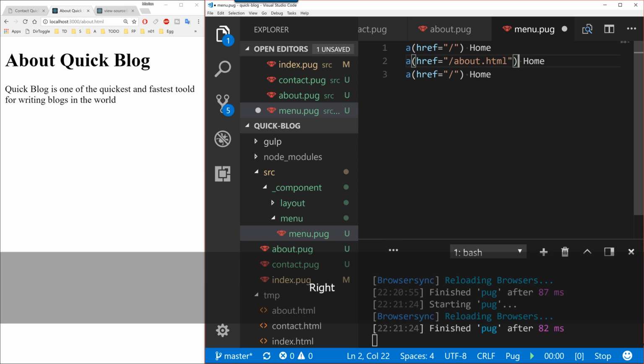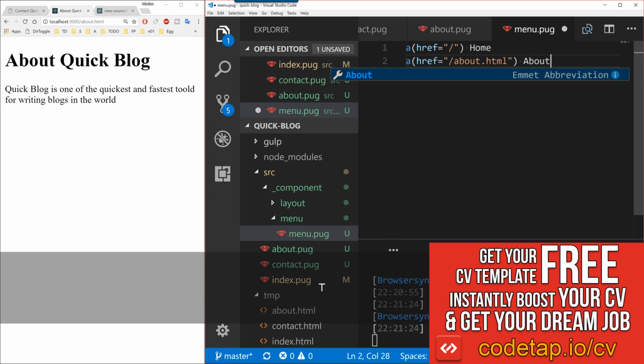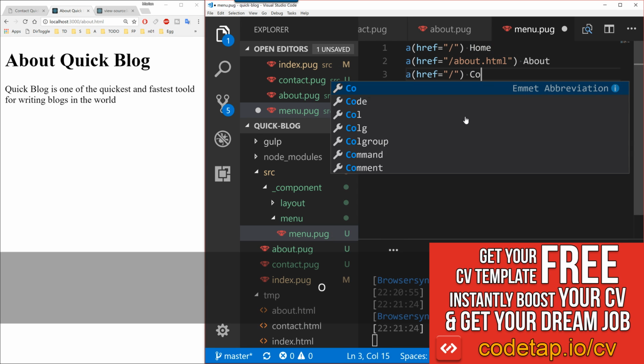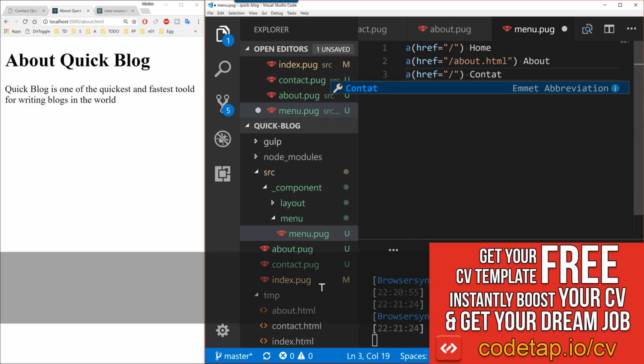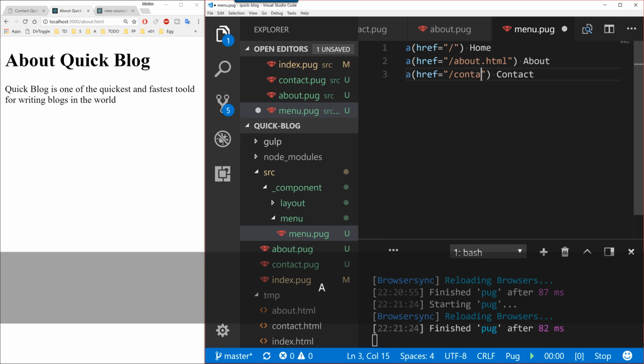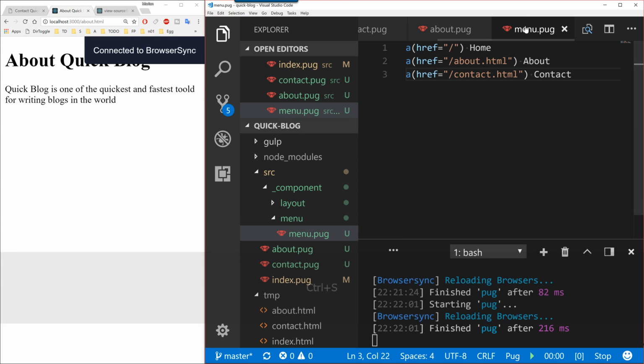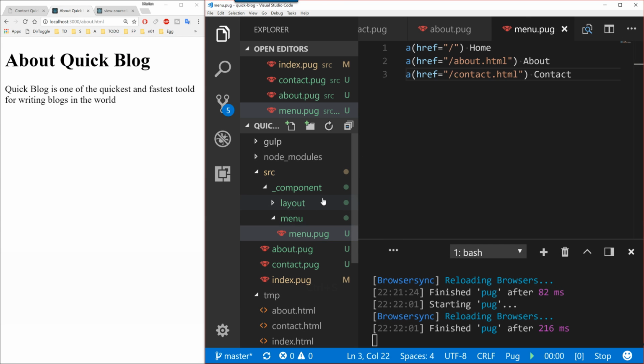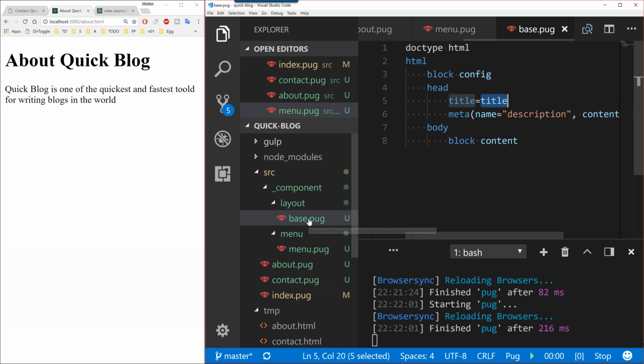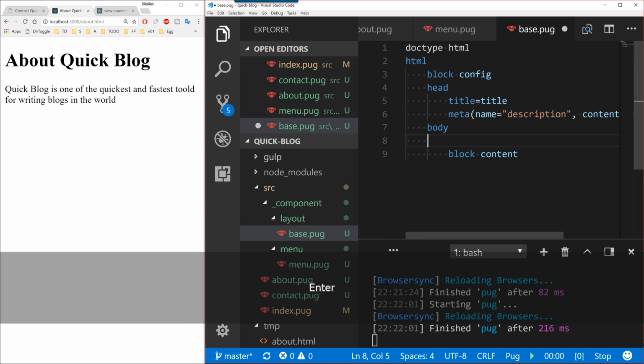about.html, about, and this would be contact.html. And if we are to include this menu pug into the layout, let's include it above the block content. So include,